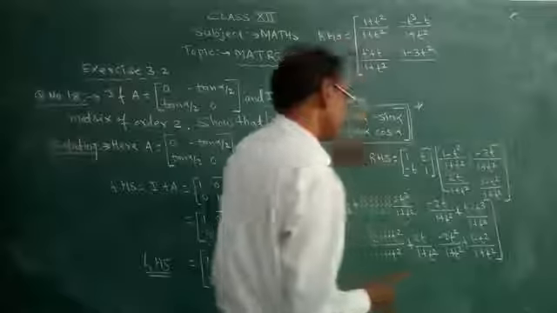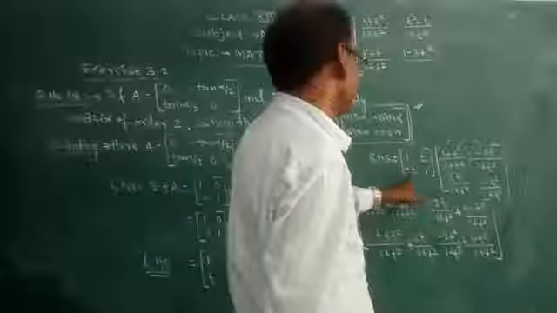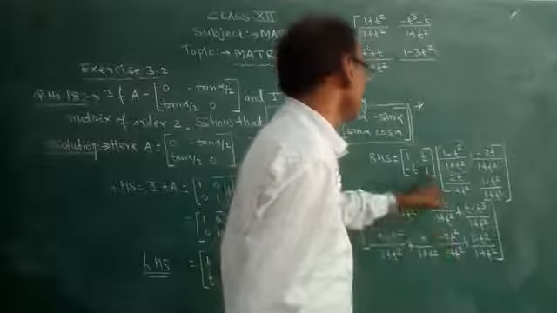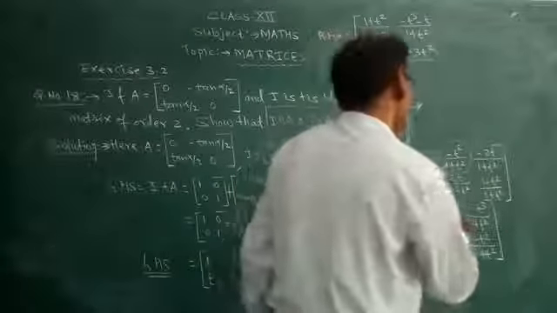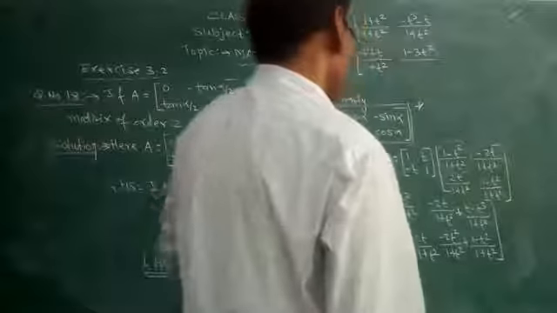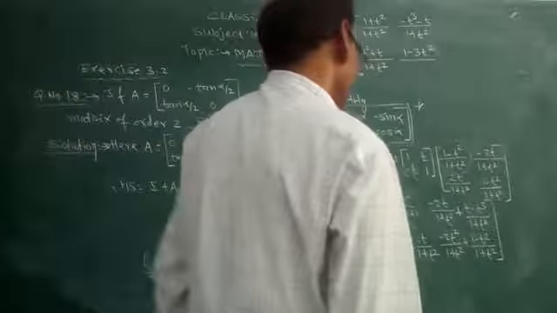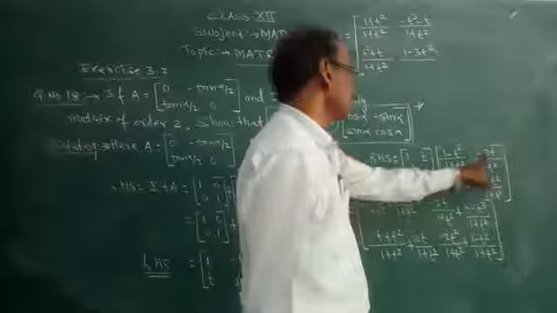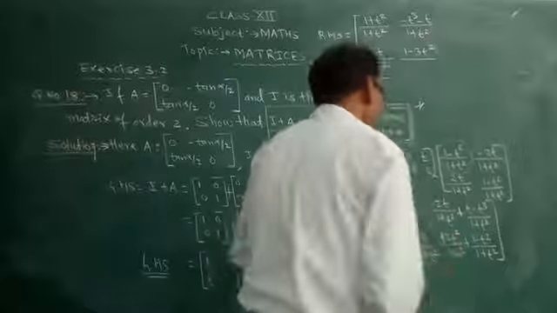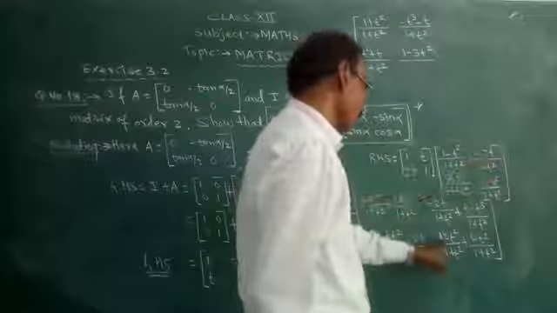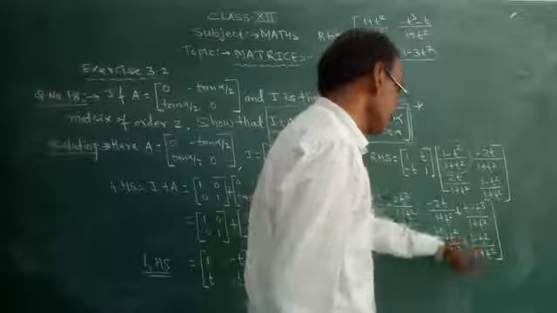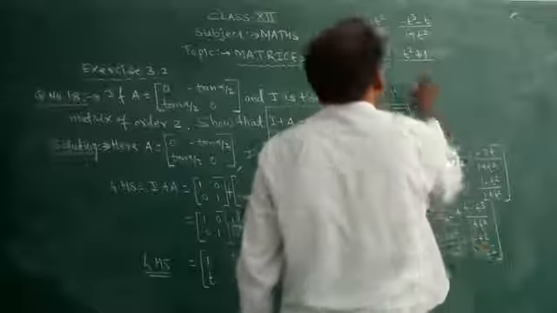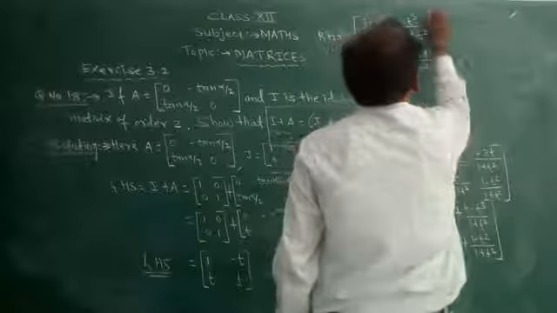I think here, see here, second row, second column: minus t into minus 2t square, 1 into this, also 1 minus t square upon 1 plus t square. So it will be 1 minus t into this, minus 2t will be plus, sorry, minus into minus will be plus. So plus 2t square minus t square is t square plus 1. So it will be t square plus 1 upon 1 plus t square.